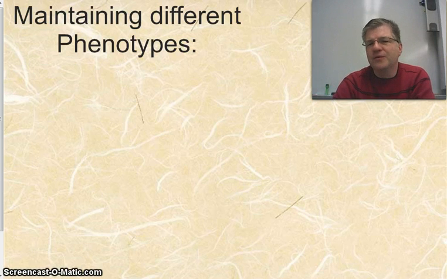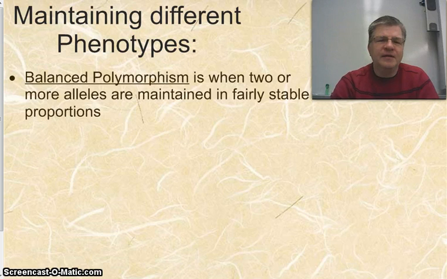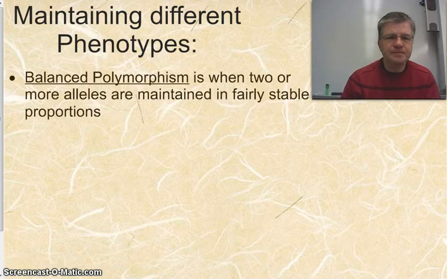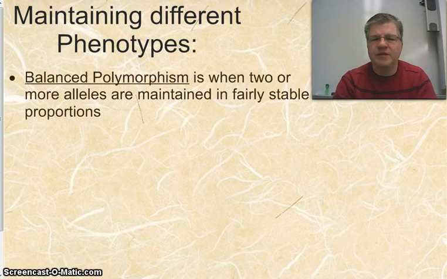Now, if you have those two different phenotypes, something like a disruptive selection, it's kind of weird to think about what might help to maintain this. And when we do maintain them, we have terms for them. We sometimes call it a balanced polymorphism. Balanced meaning these things are at equilibrium, they're not becoming more common or less common. And polymorphism meaning that there are many forms showing up instead of just one form of this particular trait for